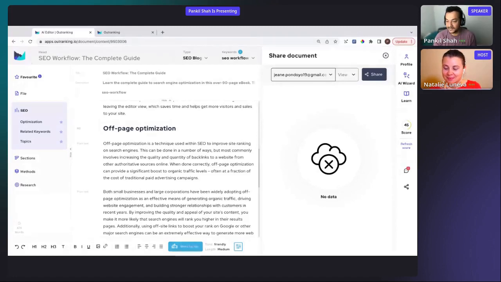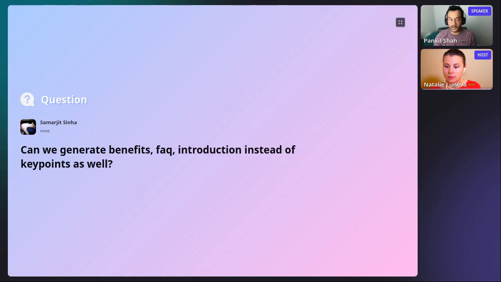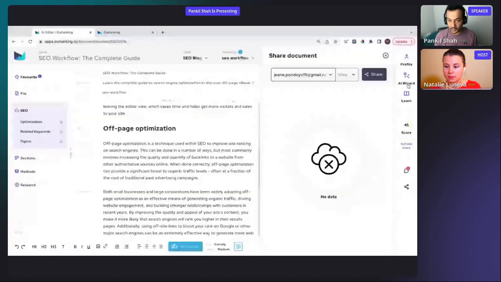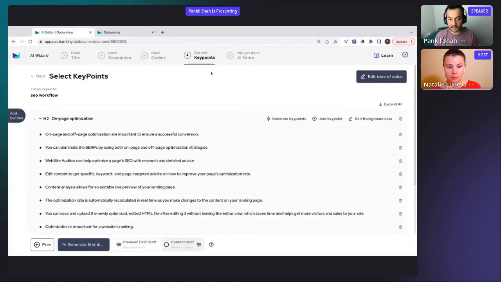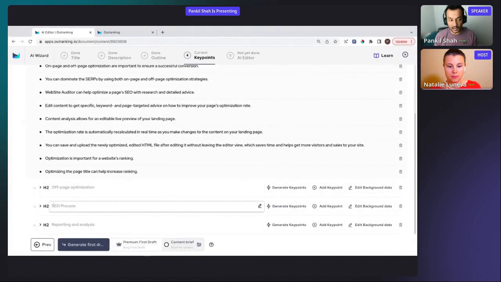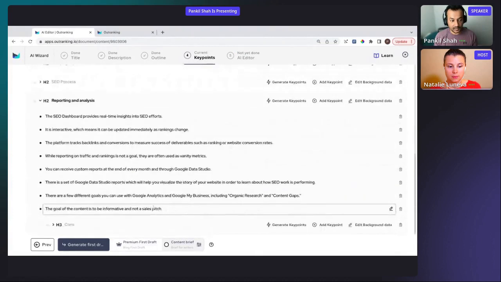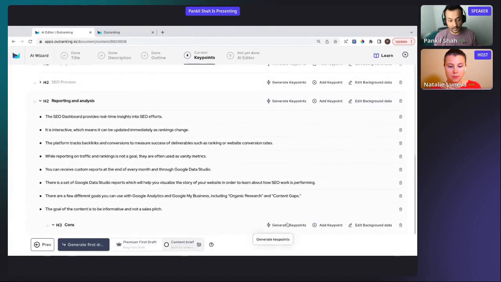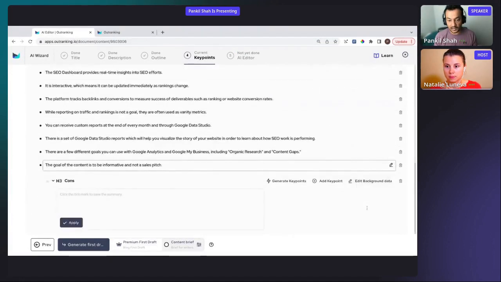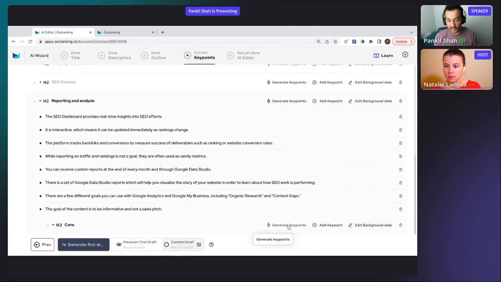Samarjit is asking, can we generate benefits, FAQ, introduction instead of key points as well? Absolutely. That's what I was referring to, and maybe I skipped that step. When you're here, you see I have cons here, right? So let's say I have my source data. I can click on edit background data. I can supply that background data, and once I have that, if you hover on this,